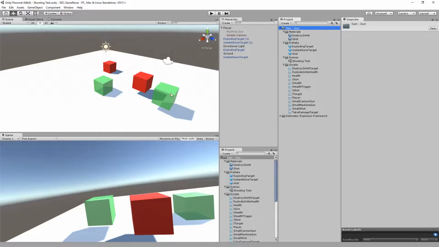Now under here, it's pretty basic. There's just some cubes. The red ones explode when they're hit. They take about 10 shots to shoot them, or to trigger the explosion. They do react to physics. The green cubes just disappear after the first hit. Differences of how things get handled. The green ones might represent glass in a window or something, while this one represents like a vehicle or a